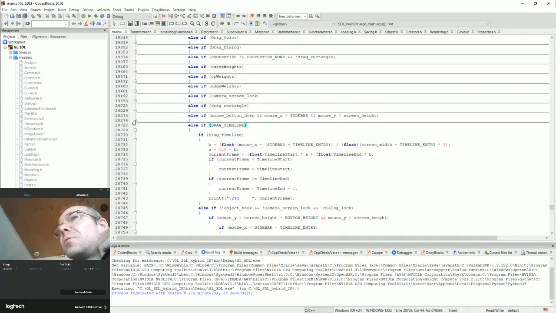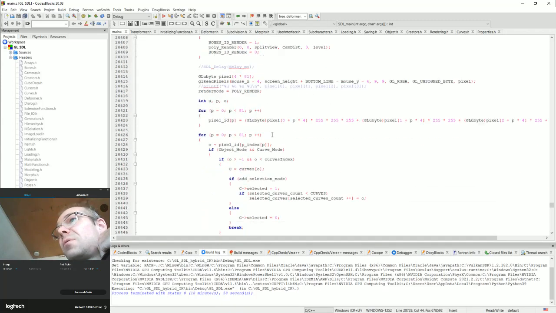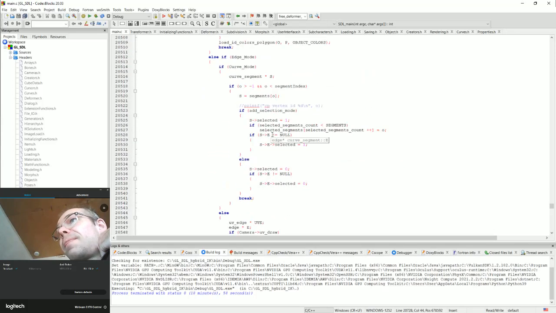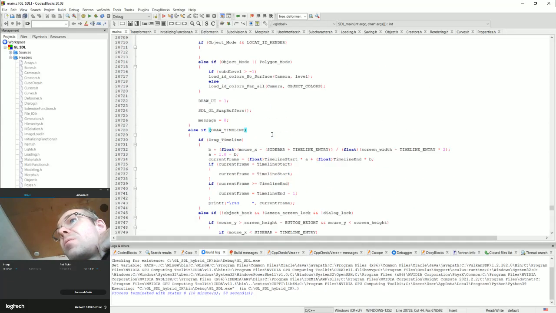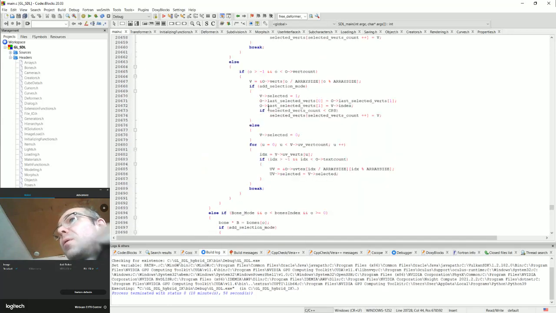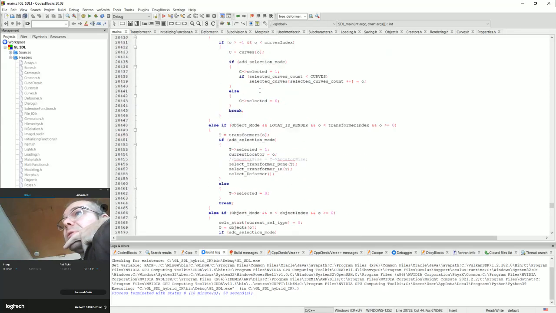Okay, this is element selection. Okay, element selection. I need to find where this